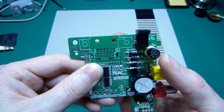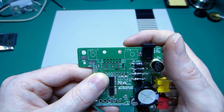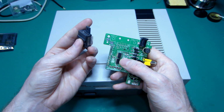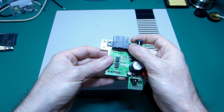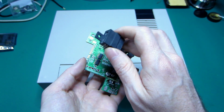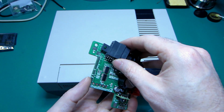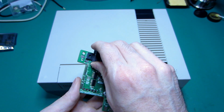Also, you can see here you can put a connector. This is the same connector as the Super Nintendo and the N64, which is this one. This one was salvaged from a dead Super Nintendo, and you can put it there. This is from the top pins here, and on the bottom I think it's the GameCube connector, if I remember correctly. You're supposed to sacrifice or salvage the connector from a Super Nintendo, but you can also use